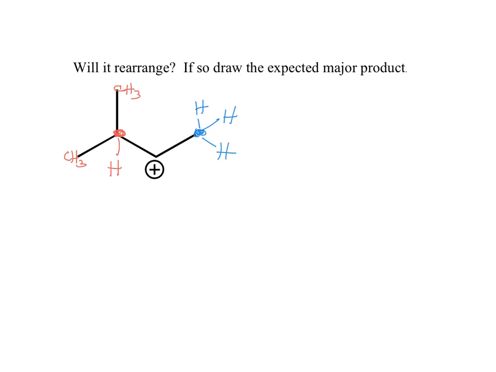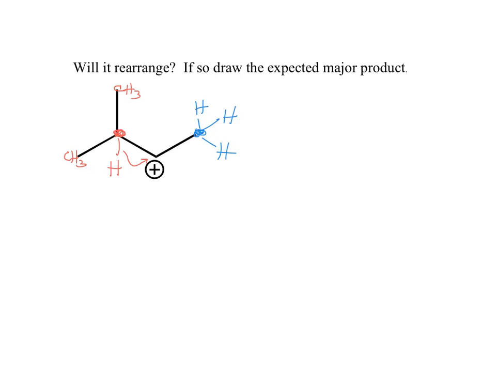Now, the only things that can migrate are the groups attached to the adjacent carbons. Either side is possible. We need to look at what possibilities we produce when we migrate one of those groups. Can you tell which one is going to produce the most stable carbocation? Hydrogen shifting over from the red or blue? From the red. The red hydrogen, right. Because if we move that one,